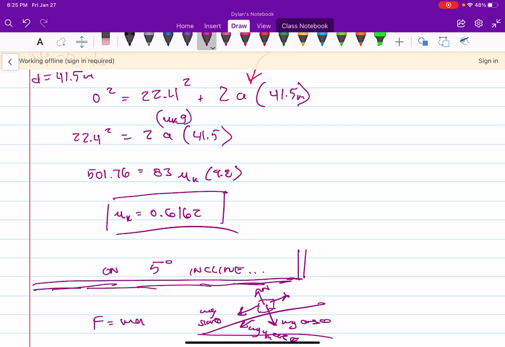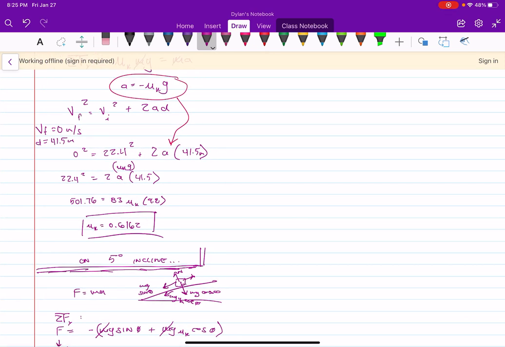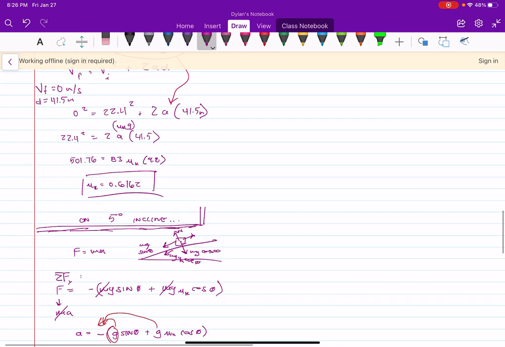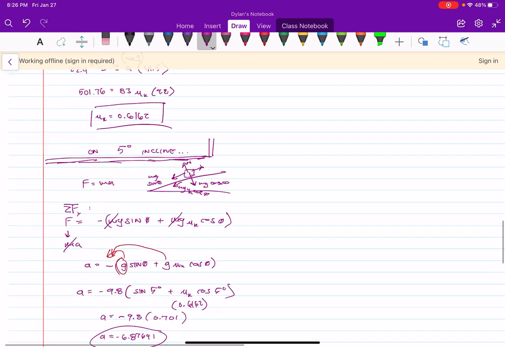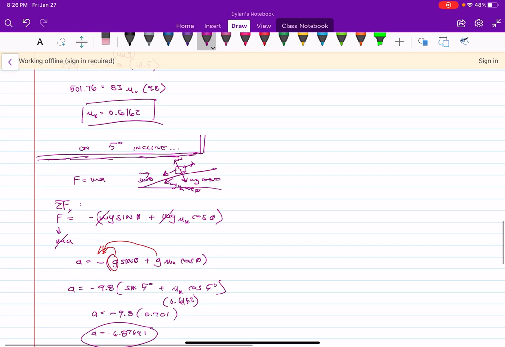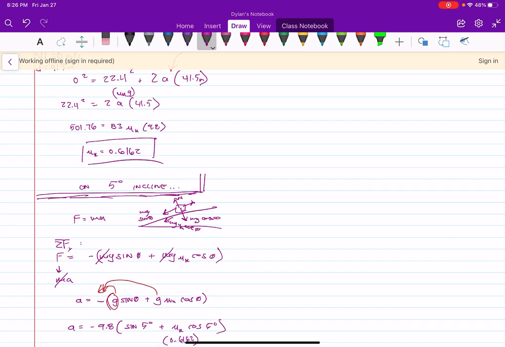I feel like it's a little bit higher than normal, but I hope that it's correct. I know that usually in homework and such, it's like 0.2 to 0.4 or something, for realistic purposes. So it somewhat passes the